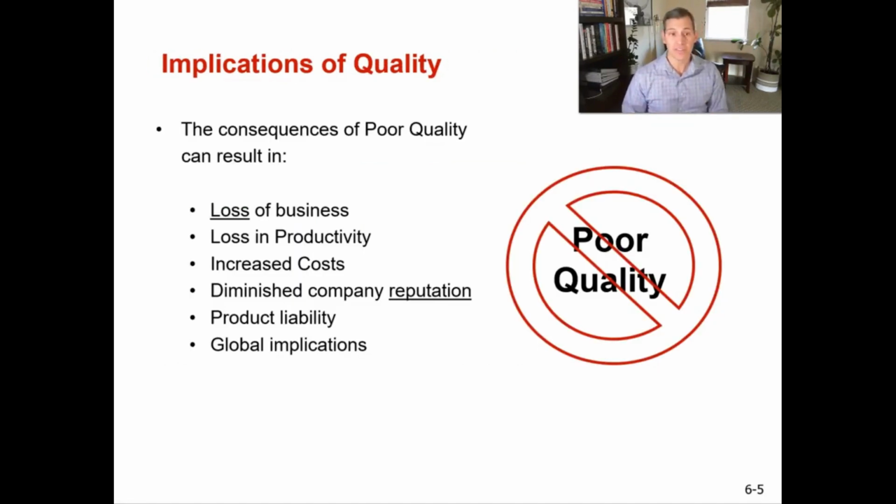So pretty much, I've talked about this a little bit on that last page there, but the implications of quality: if you have poor quality, it can result in lost business, a loss in productivity. It can increase your costs. It will diminish your company reputation, like I talked about with Volkswagen. You can have product liability, so you can get sued if your products are hurting people or there's lead in them, or if anything happens that you can hold a company personally liable for. And then there can be global implications, not being able to sell your products overseas based off of their quality standards, and if you cannot meet those quality standards. So,